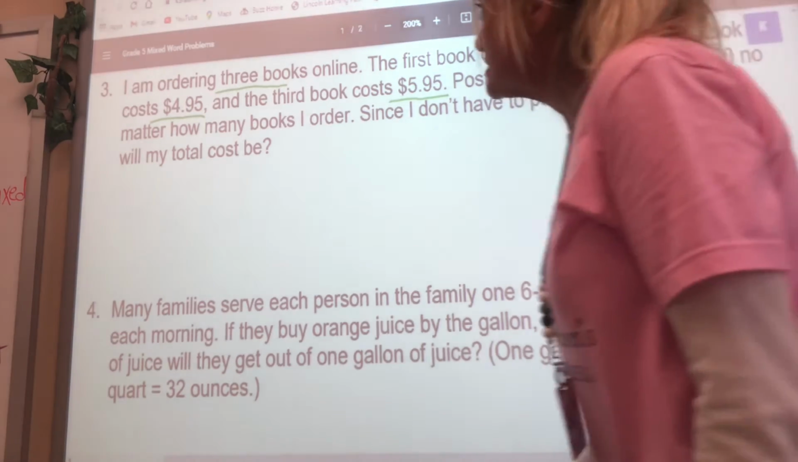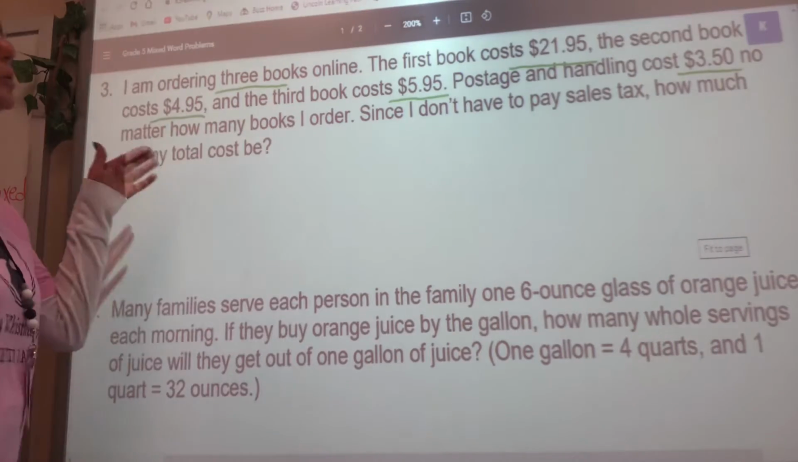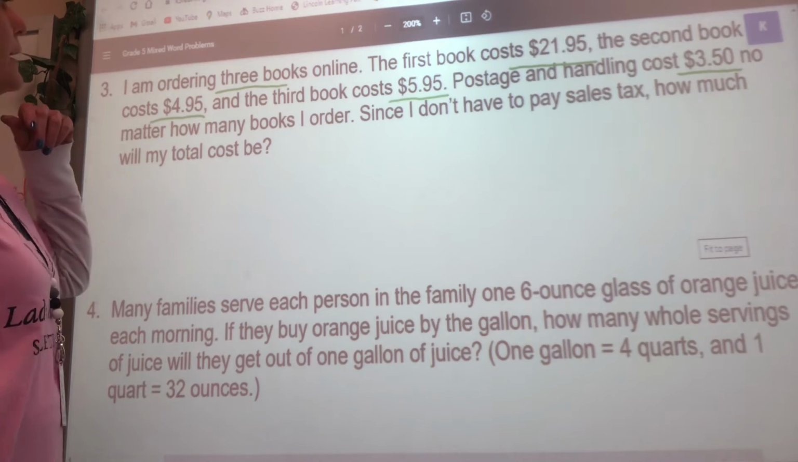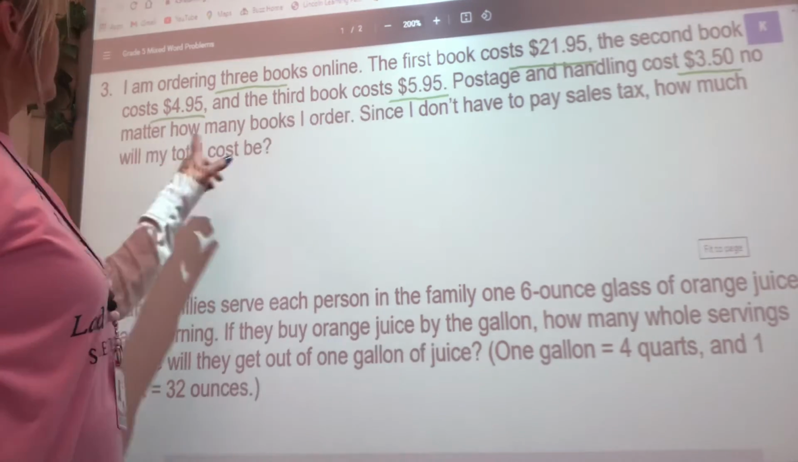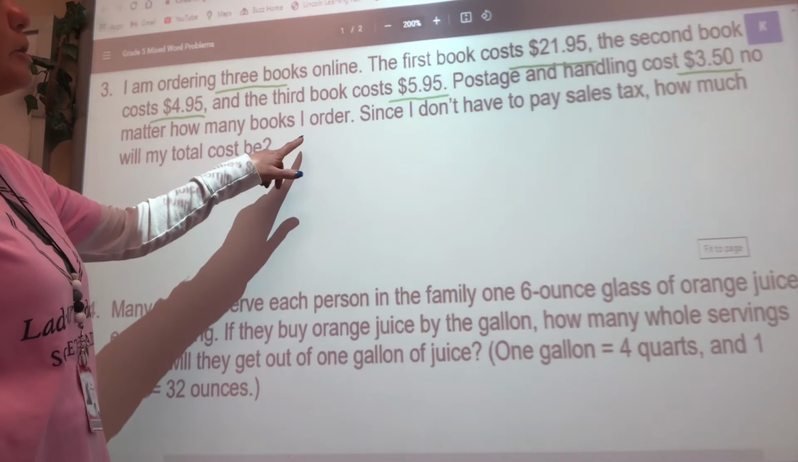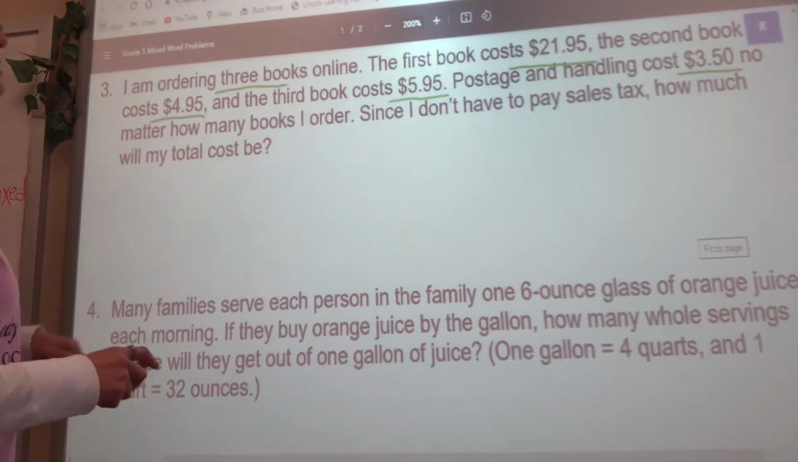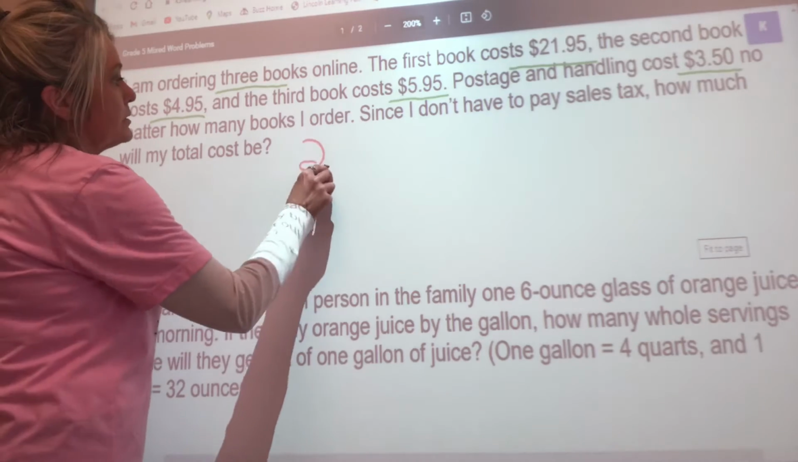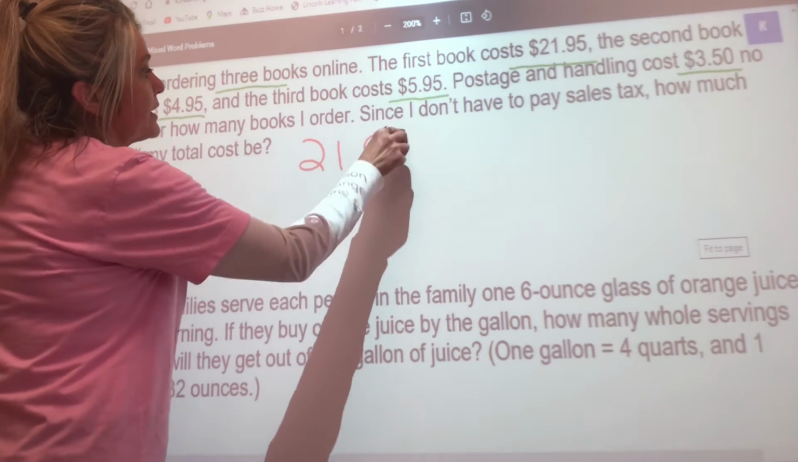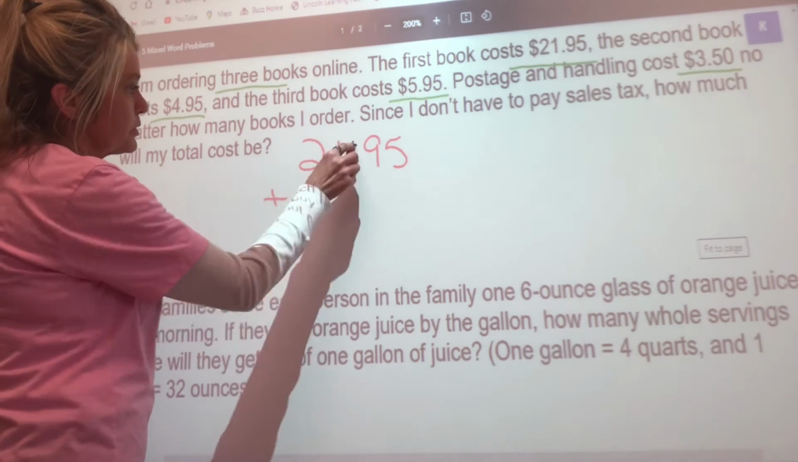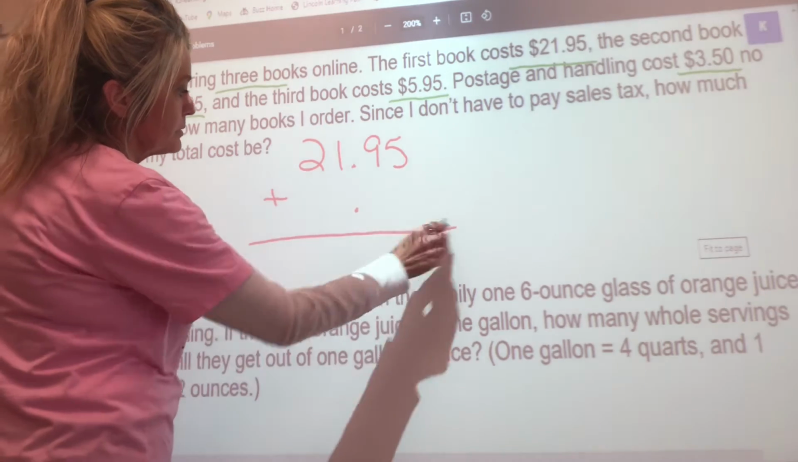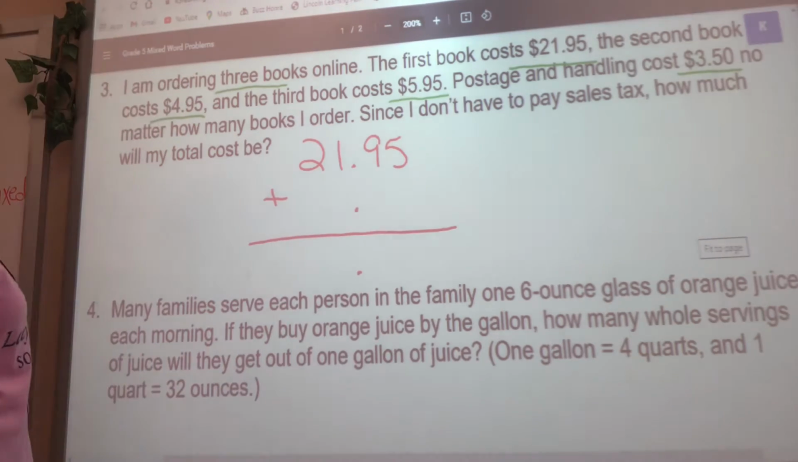Well, we just need to add up all of her books plus the shipping and handling. And make sure that you notice it says no matter how many books she orders. So it's not per book, because they'll have that answer there for you also. Okay, the first book was $21.95, and we know if we're adding decimal numbers, we always line up the decimal. The second book was